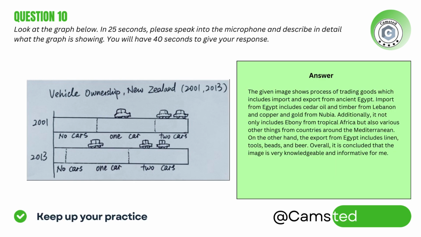This is an interesting image in front of me. Let me have a closer look at the given image. After having a look, I can see it gives information about vehicle ownership in New Zealand in the year 2001